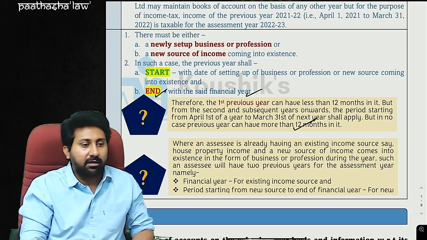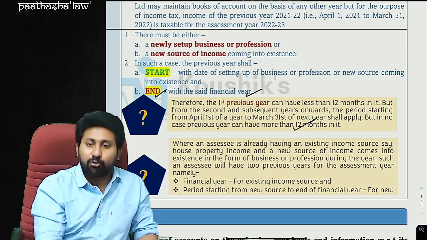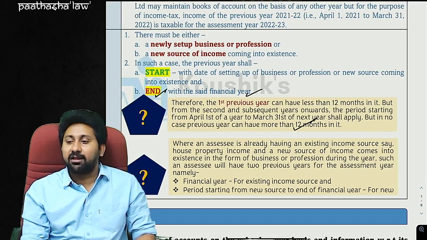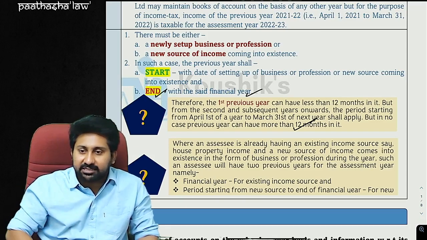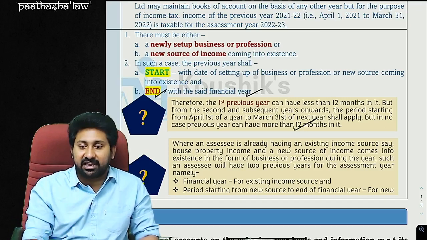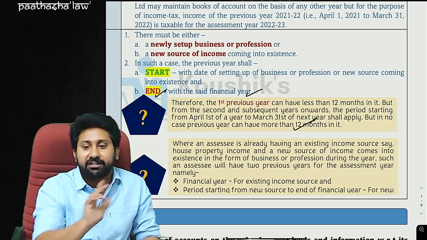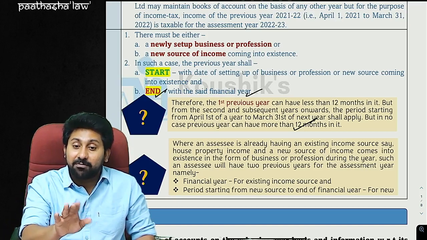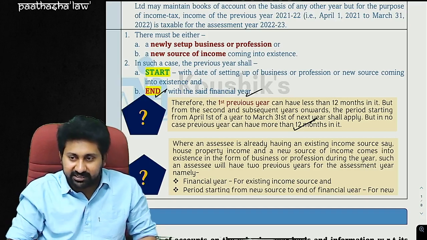For example, I am not having two sources here. I completed my CA today and tomorrow I am starting a new business. Say tomorrow is 3rd of February, I started on 3rd February. Now what is the previous year for me? It will not be the complete financial year. It will start from 3rd February and end with 31st March. So the financial year need not always be from 1st April to 31st March. This is an exception. Hope everyone understood this exception now.